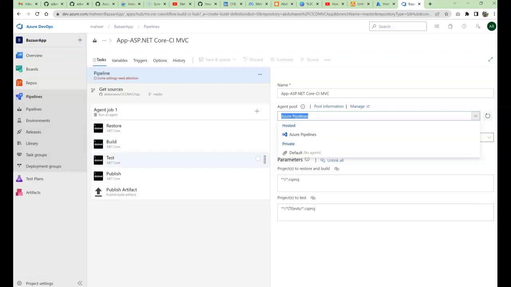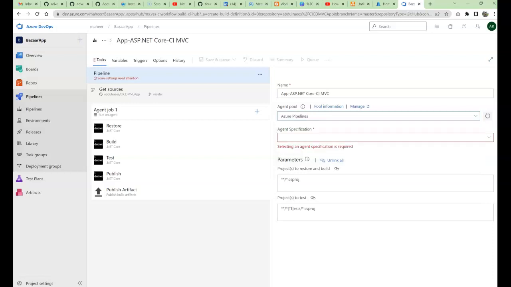It's just only a machine, right? So you need to select the default one, which is hosted Azure Pipelines. But if you have multiple agents in your organization, you can pick accordingly. So I will select Azure Pipelines,